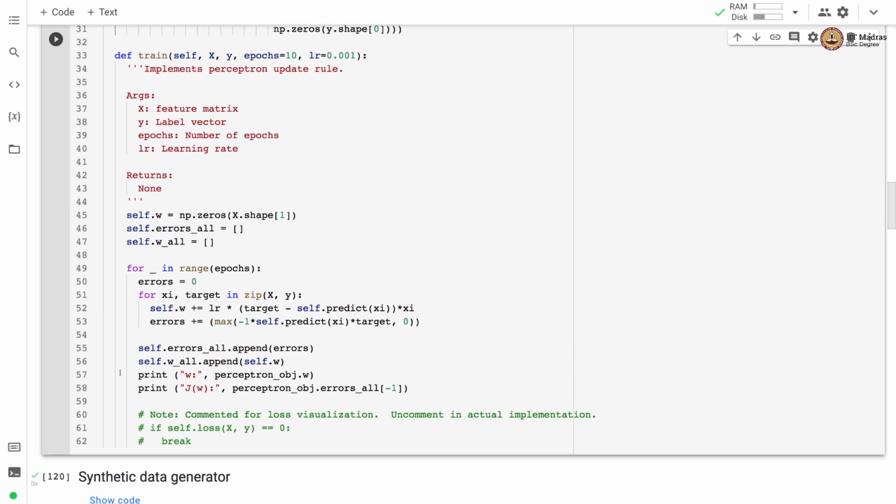So we continue this iteration until we reach the end of all epochs that are provided as parameters, or we can also check if the loss is 0, then we can break. Currently we have commented this because we want to visualize the loss across all epochs, but in case of actual implementation you should uncomment these two lines, and these lines will ensure that we exit as soon as we get a 0 loss.